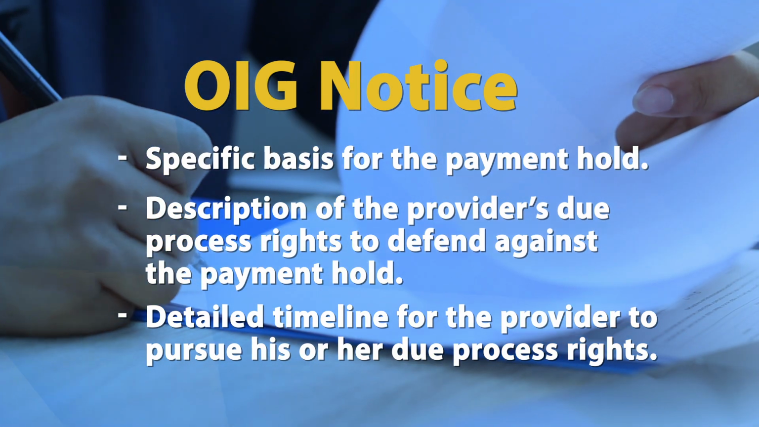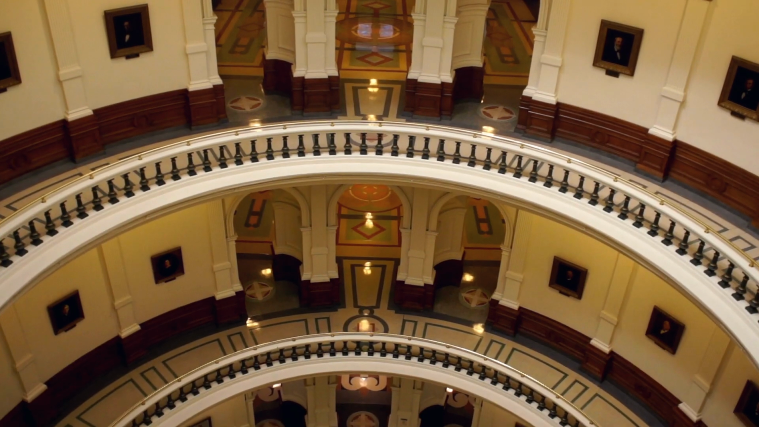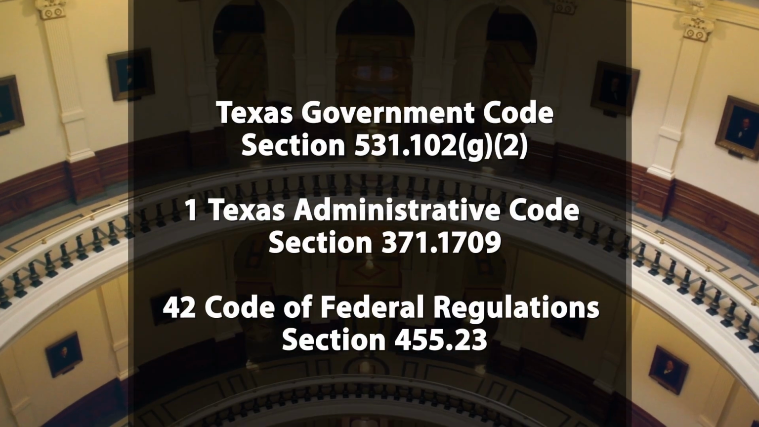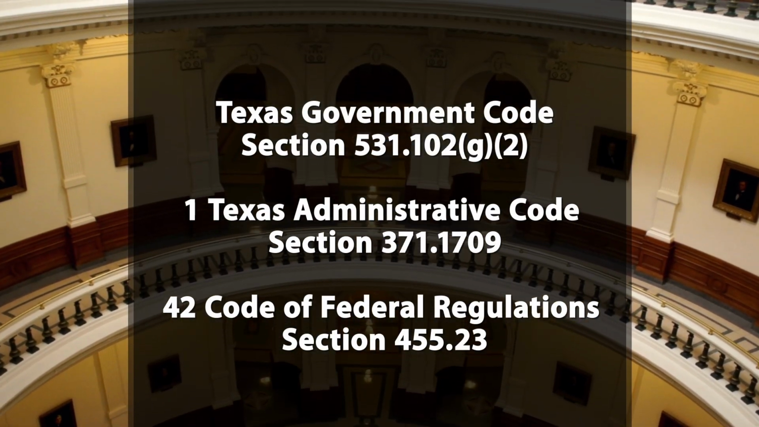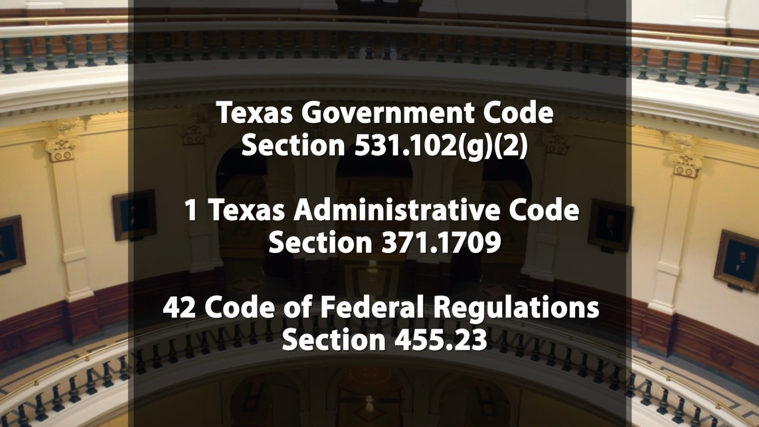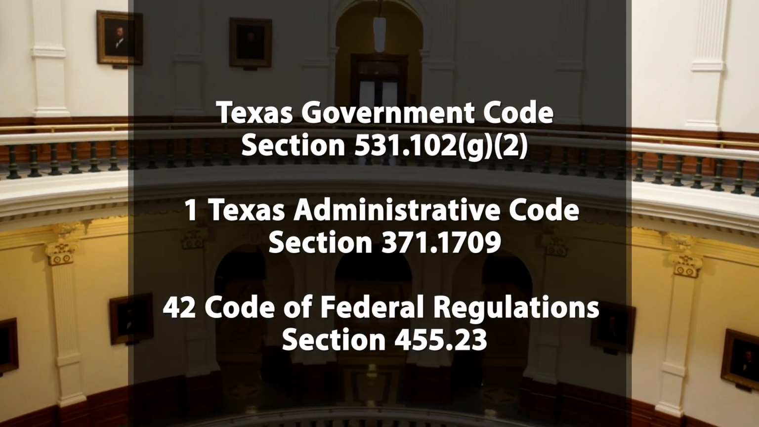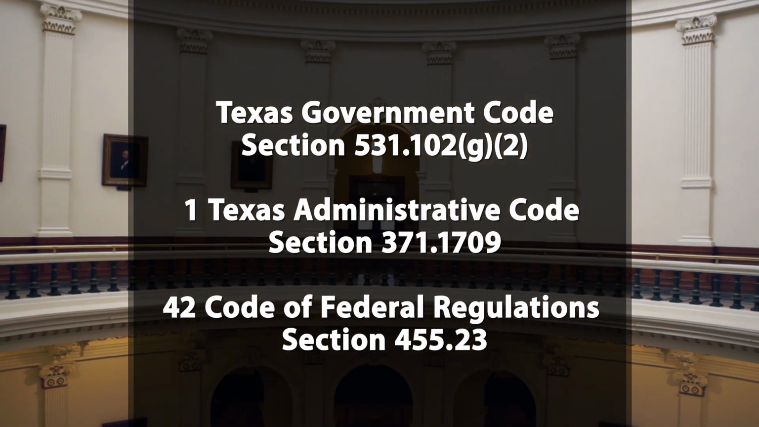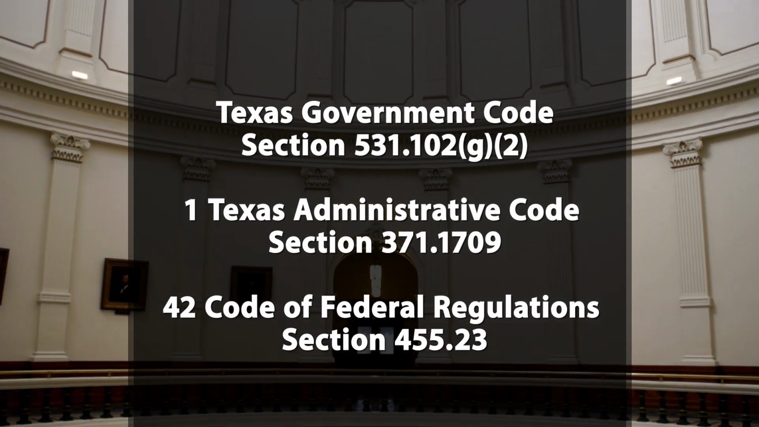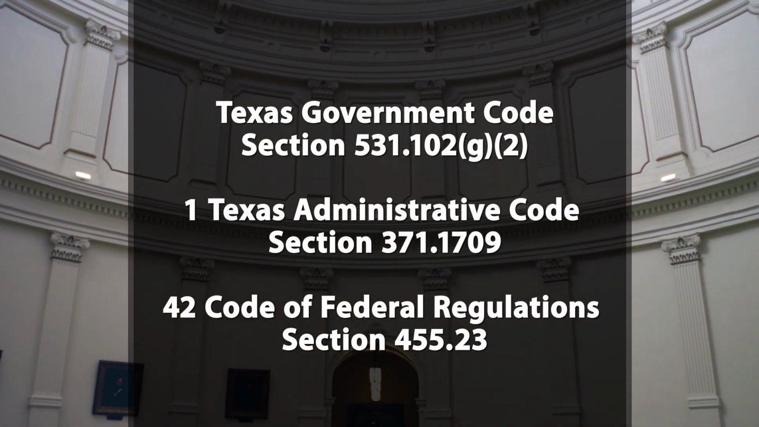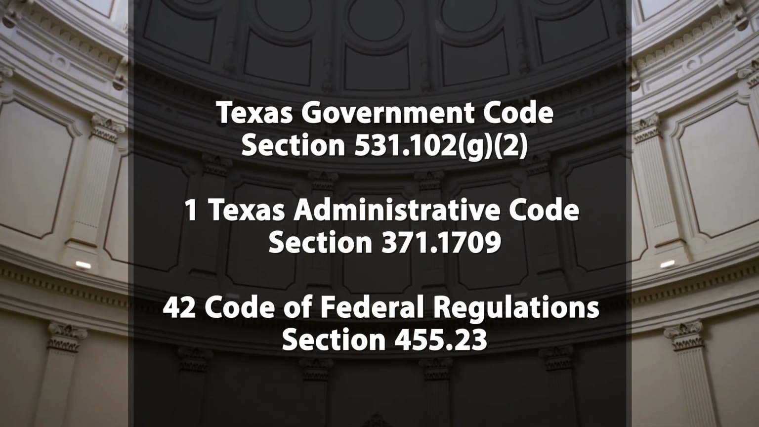The law requiring OIG to institute payment holds can be found at Texas Government Code, Section 531.102, G2, 1 Texas Administrative Code, Section 371.1709, and 42 Code of Federal Regulations, Sections